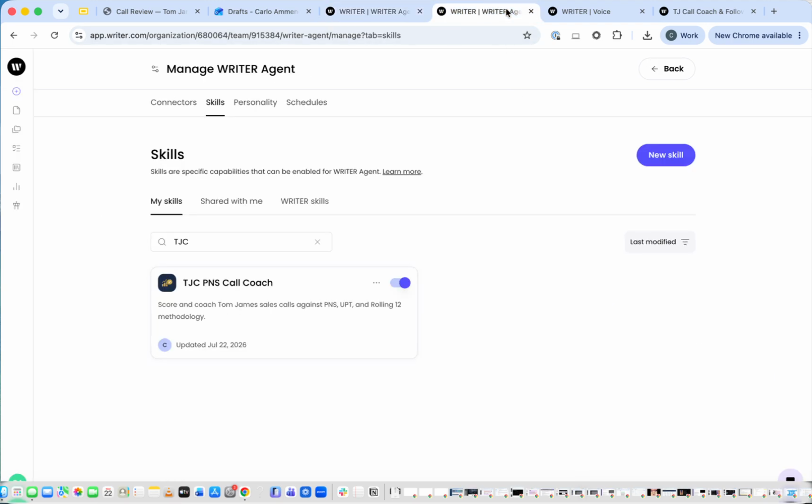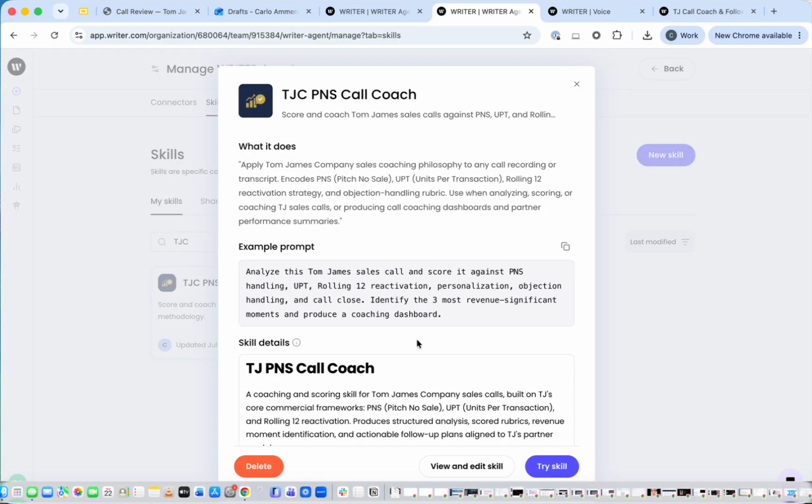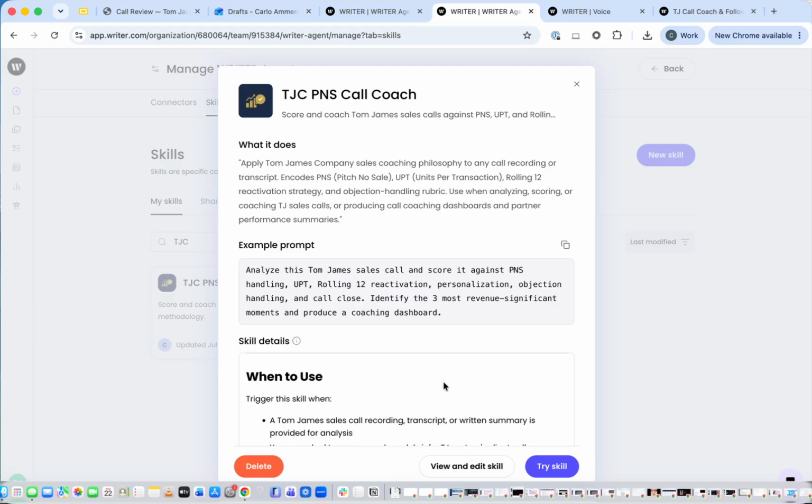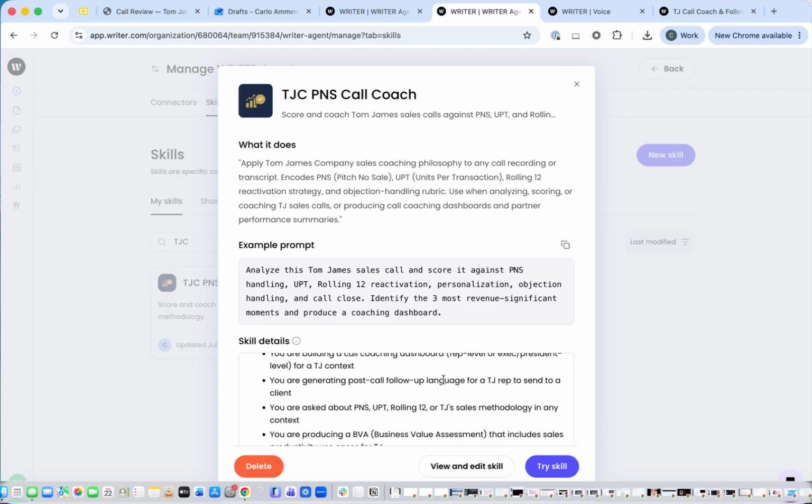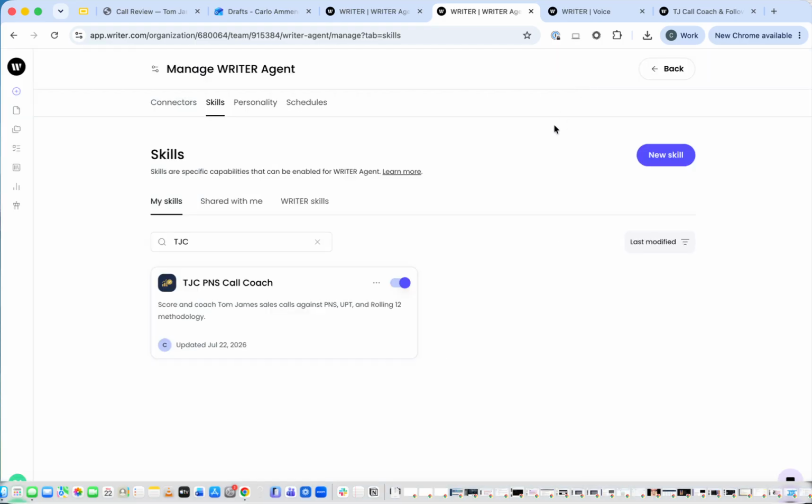And then just giving you a quick look here at the skill. So think of a library of these based on all your best practices. Things that live in PDFs or static documents now can be turned into these skills, or encoded into skills, and it's just full of a markdown file. So it's how LLMs can better process those types of documents and operationalize them across different agents. So this is now reusable in any other type of agent that we would want the PNS call coaching coming into the mix. And I just built that synthetically. I don't have your playbook, but that should give you an idea of how easy they are to make and what they look like.